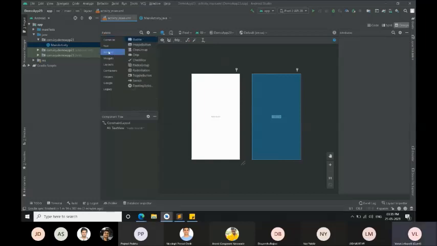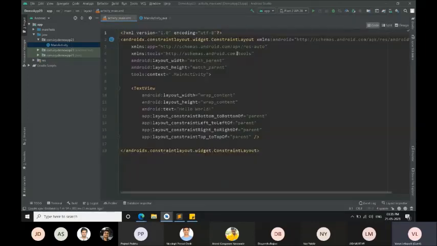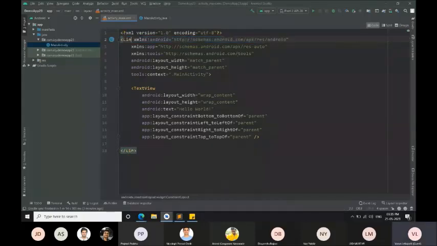So first I'm going to buttons and I'm dragging. Before that, since we are learning the basics of Android Studio, I won't recommend you to use constraint layout. Use linear layouts for developing some 5 to 10 applications, and after that you can use constraint layout. Initially use only linear layout. The code is auto completing, so just click on linear layout, it's enough.